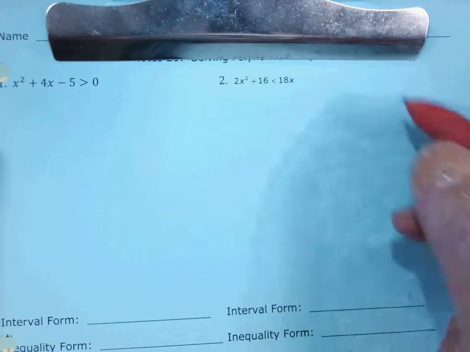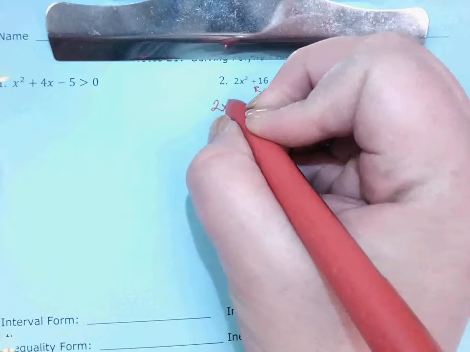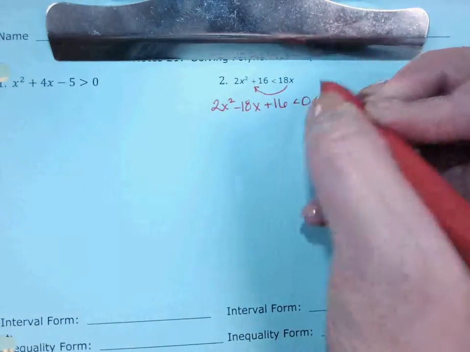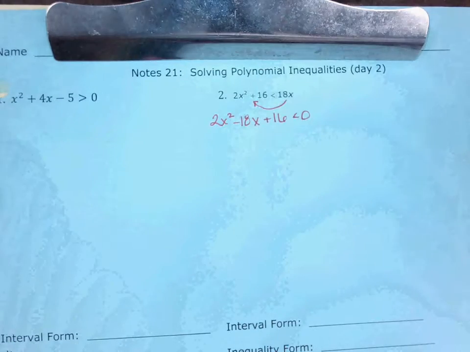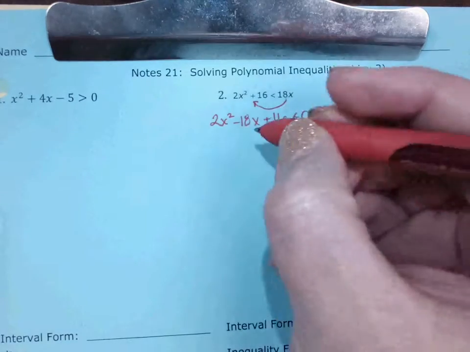Okay, yeah, so I'm going to bring it over and keep it in order, though, is what I was going to say. So it'll be 2x squared minus 18x and then plus 16 less than 0. Okay, from there, as you guys said, all those can divide by 2. Now, let's talk about the divide by 2. You don't have to do it, but why would you not? It makes all your numbers smaller, right? So when I divide all these guys by 2,